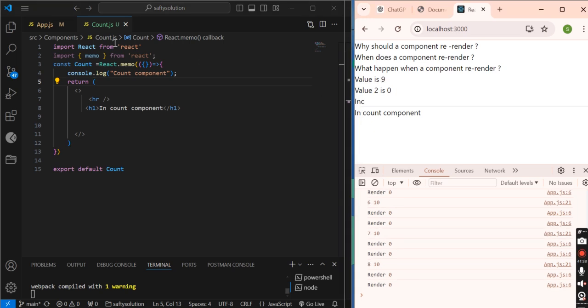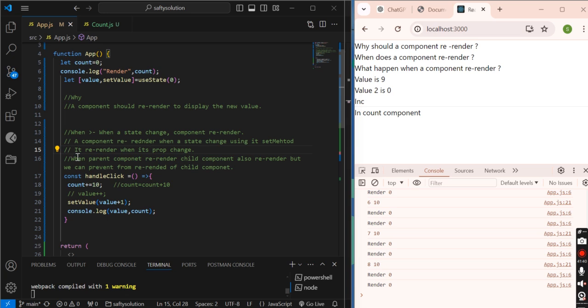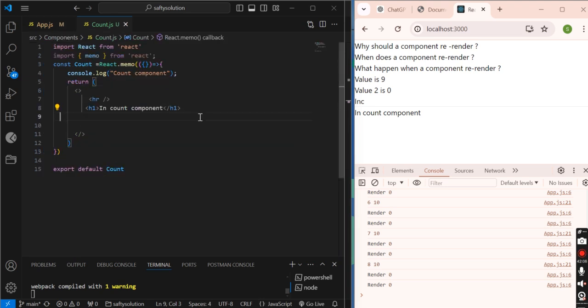So as I said, a child component re-renders when its parent component re-renders, but we can prevent it from re-rendering. Now let me prove this point. So here I have prevented it from re-rendering.